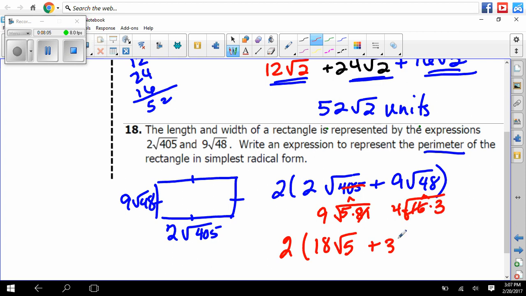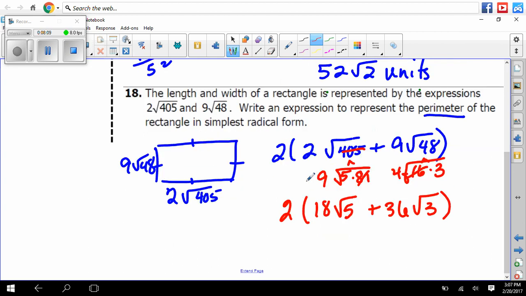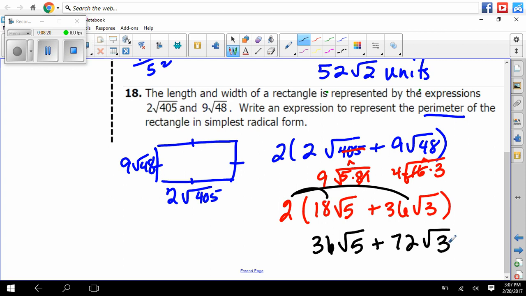So plus 36 radical 3. Now do your distributive property. And I'm going to end up with 36 radical 5 plus 72 radical 3. So if it's going the other way, I could have gotten 4 radical 405 plus 18